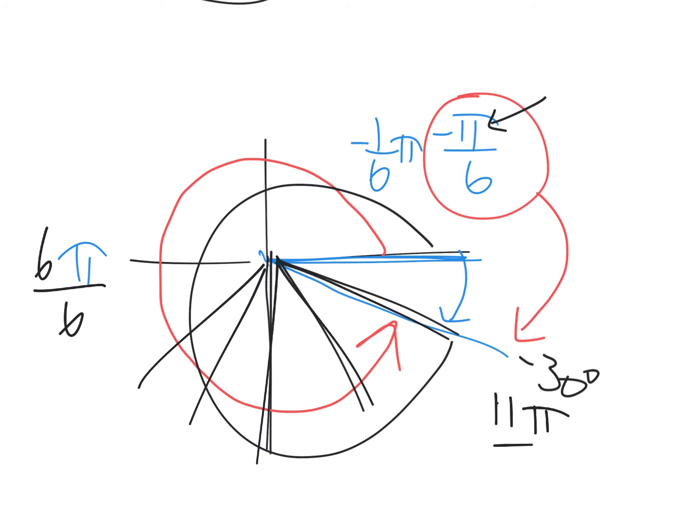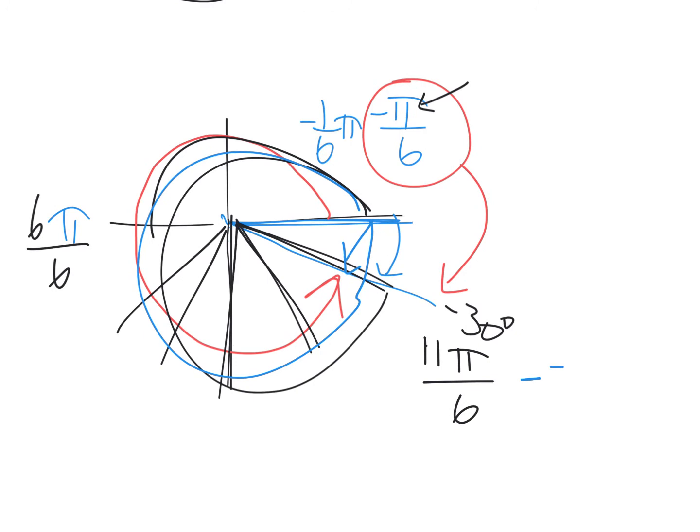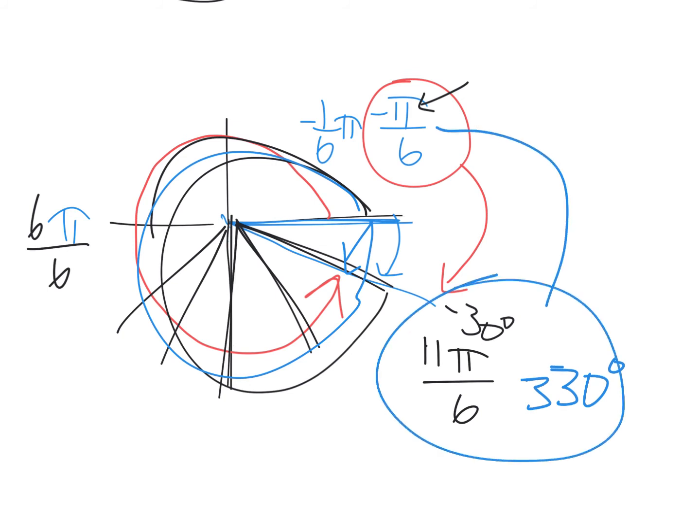Raise your hand if you had 11 pi over 6. Awesome. And then last but not least, a whole bunch of positive degrees. So this would be 180. Well, I'd like to actually do it with 360, which would be all the way around. 360 is all the way around, but then I subtract off the 30, positive 330 degrees. Okay, with the original up from up here, my 3 plus that one makes 4